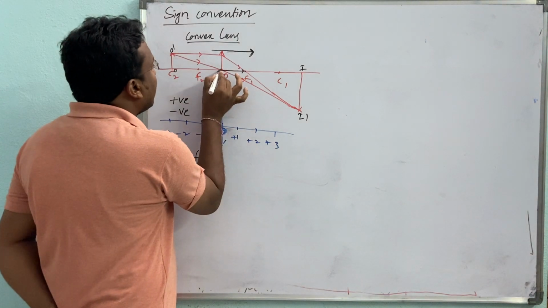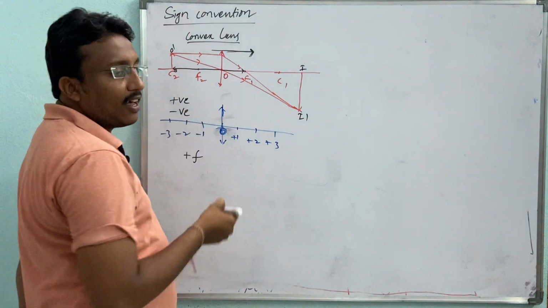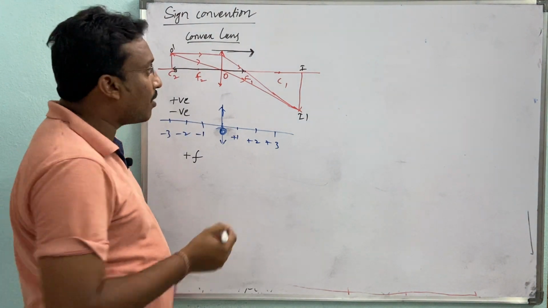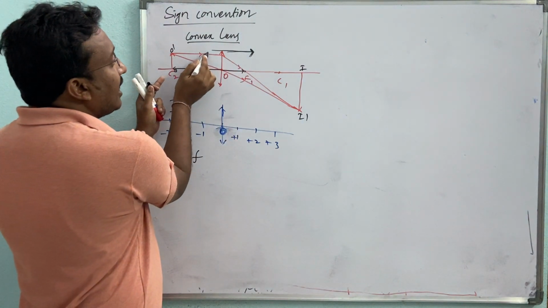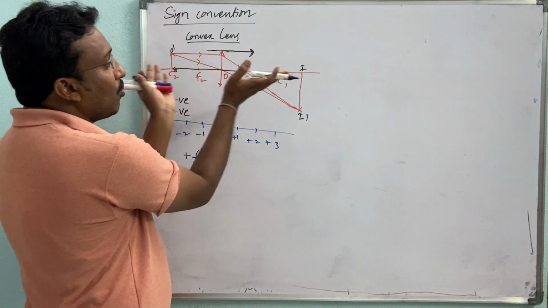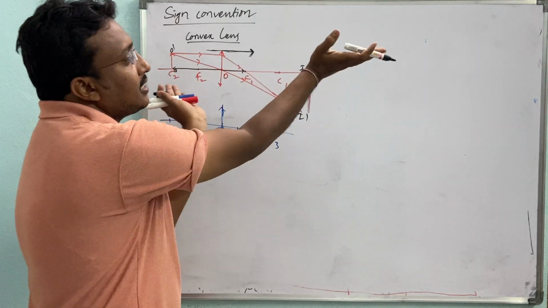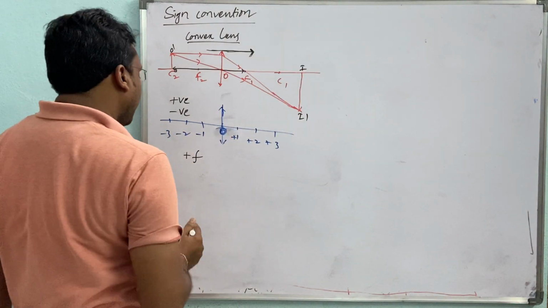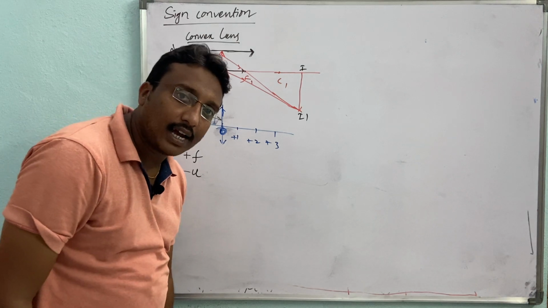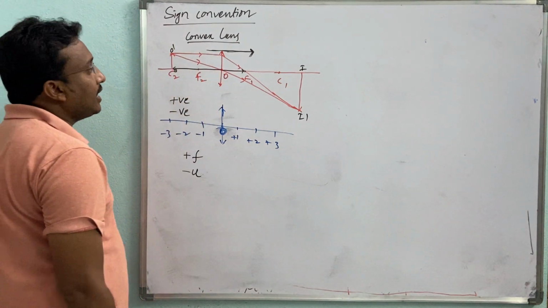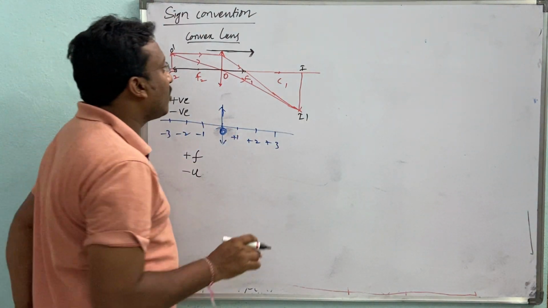Right. Then next I want to measure the object distance. So the object distance is in this direction, on the left side. From the optic center, we have to measure from the optic center. So I am measuring on the left side. Then the incident ray is traveling towards the right side. Both are in opposite directions, or not? The incident ray is traveling in this direction, the measurement is in this direction. In such case, we have to take minus u. Right, got it. And next, image distance.